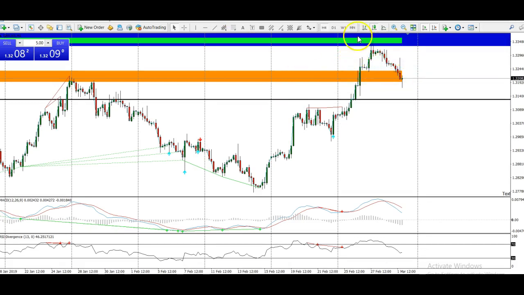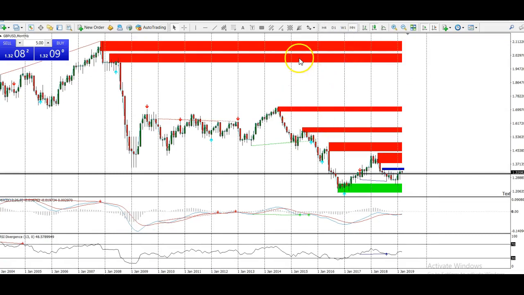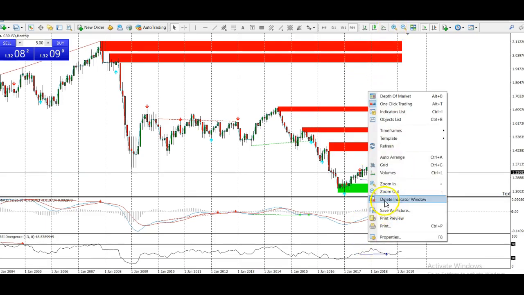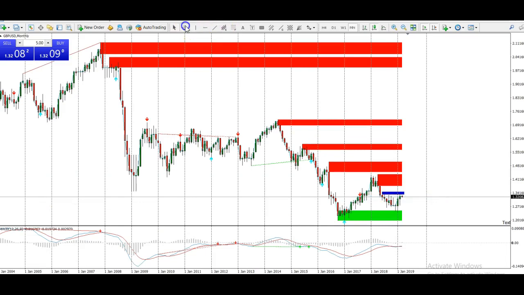Huge pop up last week from Brexit news. Again, going with the, if you just look at, just take this off. Okay, this is kind of a nice monthly move here. We've had this huge leg down. This was the actual area here that caused the break of the trend line. Price comes back down, slowing the momentum. You can see the nice wicked candles coming down into the area, slowing the momentum